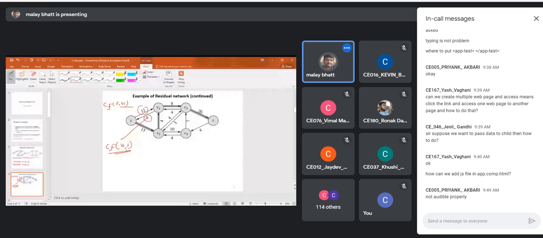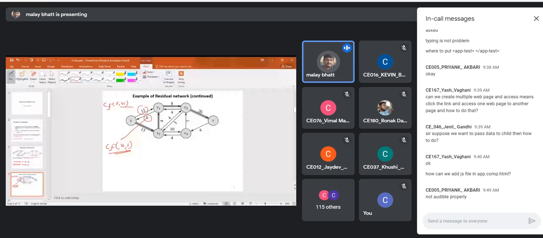And these are the capacities: in the actual direction of the graph, 12 from S to V1, and the capacity in the reverse direction, V1 comma S. If we use the reverse direction in some path, then that will also generate some flow. That is known as the flow in the reverse direction. This is the capacity in the reverse direction. Maximum we can generate a flow value of 4 from V1 to S. That is the capacity of that path, right? But in some path, we will not utilize this value of 4. We will utilize part of it. That will be the flow value in the reverse direction.